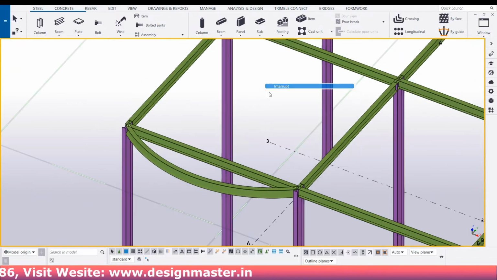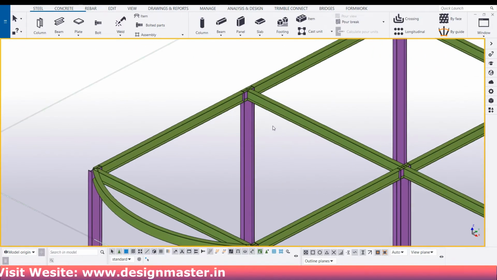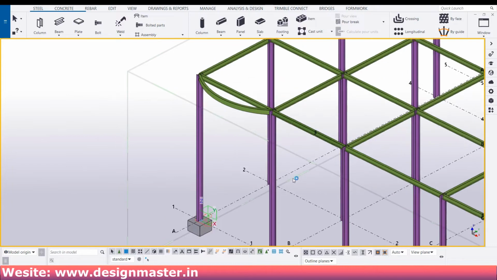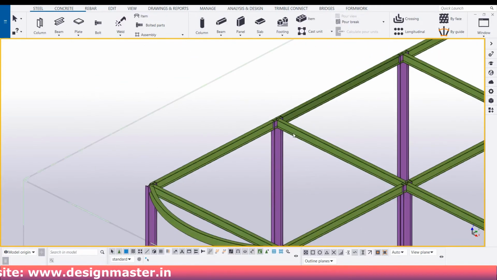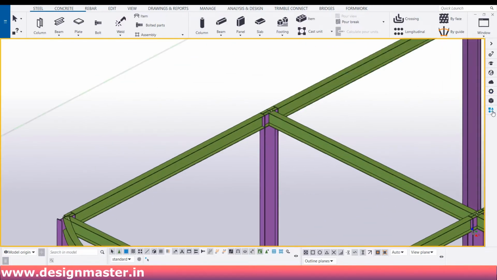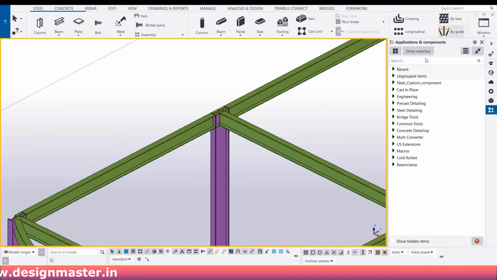Alright, so let's create some connections and then let's create some reinforcement in the pad footing. So I'm going to the application and component and I'm going to search in the Tekla structures. Let me just tell you, there are thousands of predefined components which can be applied directly to the entities. Like if you go to this,